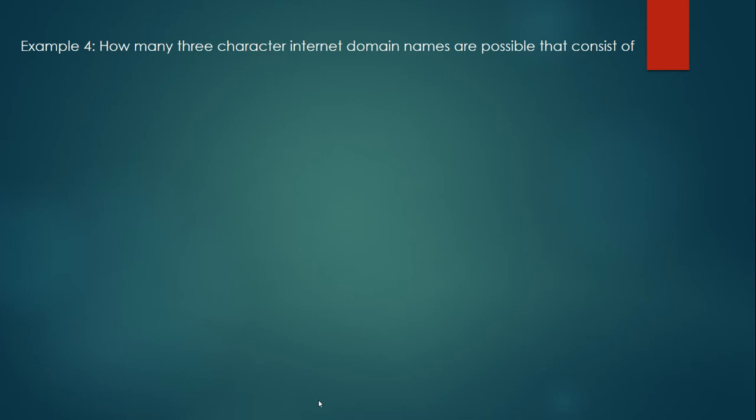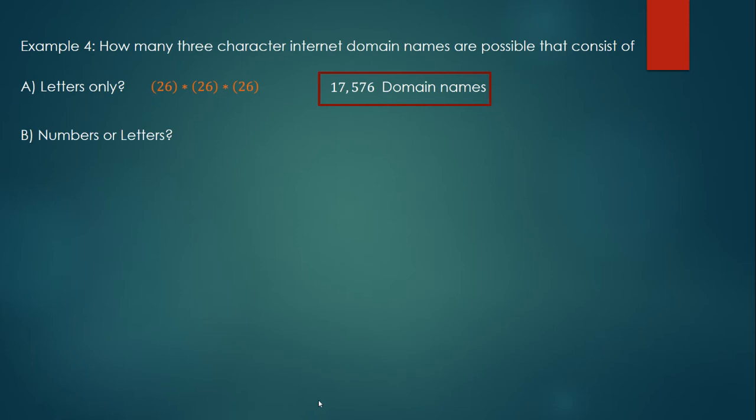How many 3-character internet domain names are possible that consist of letters only? Okay, so there are 26 letters times 26 letters times 26 letters, which is 17,576 different domain names. Letters or numbers. Okay, so now we have to consider that there's 26 letters and 10 numbers. So there's 36 times 36 times 36, which is